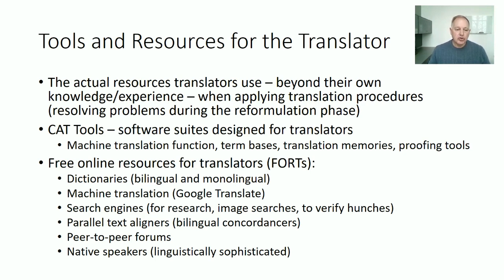Another free resource or tool that translators use, and we hope language learners don't use as much, but they do, we know that from research, is machine translation. So something like Google Translate, a website or a smartphone app that will automatically translate from one language, the source language, to the target language with an increasingly high level of accuracy and effectiveness. So machine translation, Google Translate, is another free online resource that many amateur and professional translators will